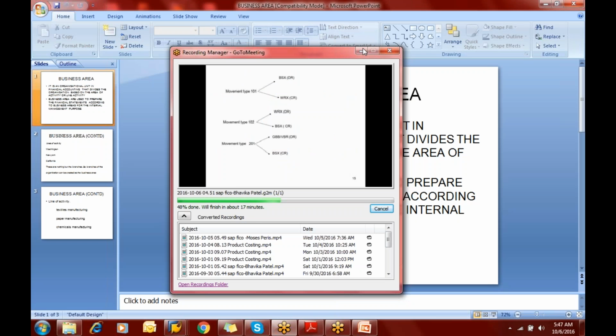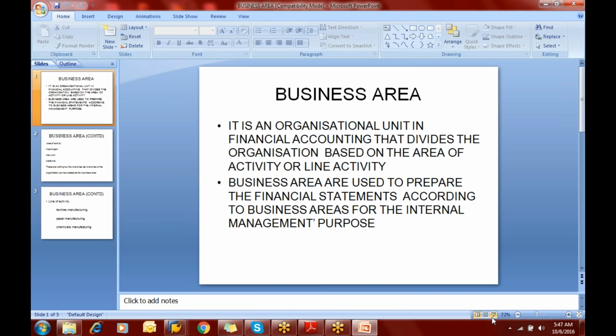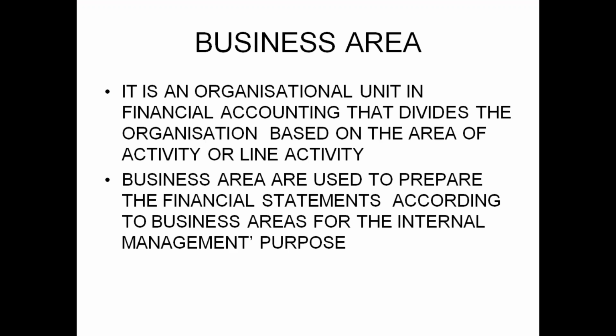So yesterday we covered the company and then company code assignment. The next object we have is the business area. Now what do you mean by the business area? It is again an organization unit in financial accounting, and it divides your organization on the basis of two things: one would be the area of activity, and second would be the line of activity,